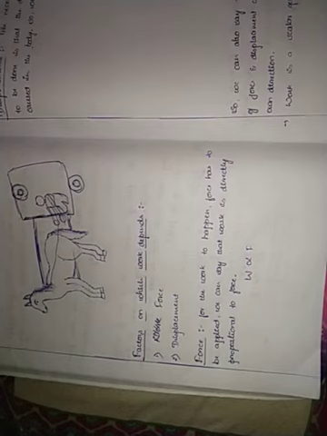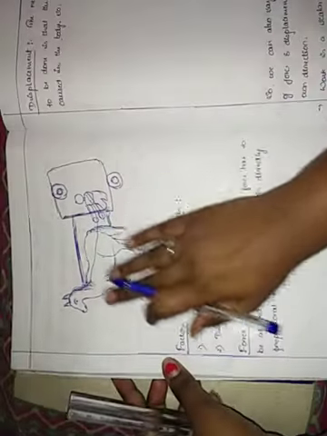Hello, children. So today we are going to continue with the same chapter, that is work and energy, with the remaining parts. Yesterday we learned up to some examples, and we have gone through the definition of work with a basic introduction. The definitions we have taught and the examples are very important in order to learn the problems. Okay, so today we are going to continue with how to calculate work done.